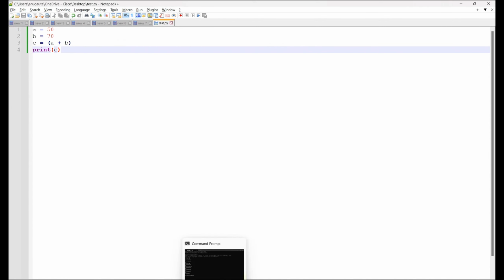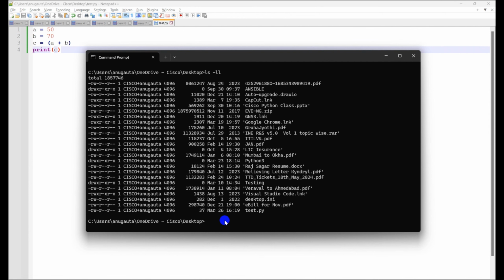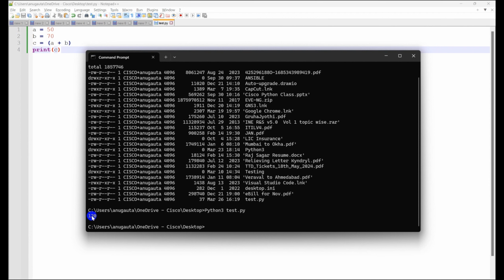And what you have to do is you can go to your prompt. Let me go in desktop. Right now I am in desktop directory, and you can see that the test.py file is visible. Now to execute this file, you have to type python and give the file name test.py,